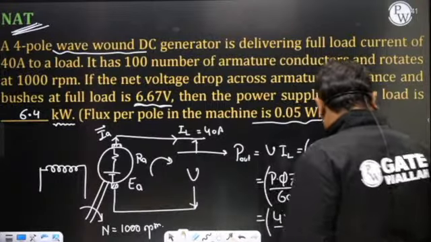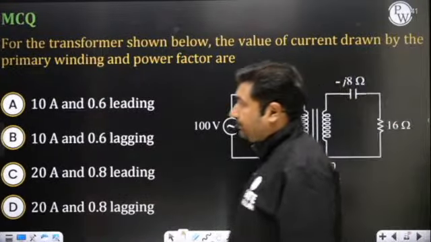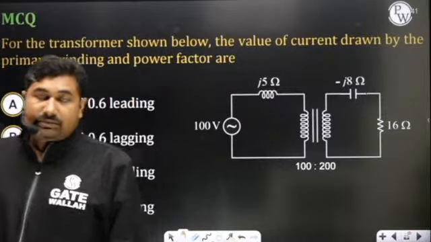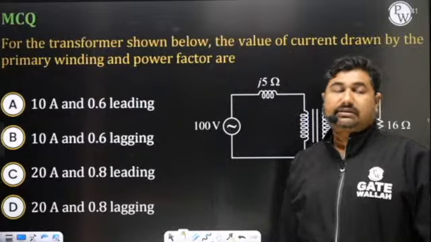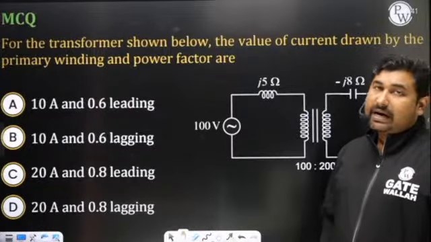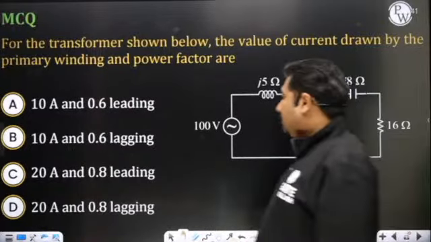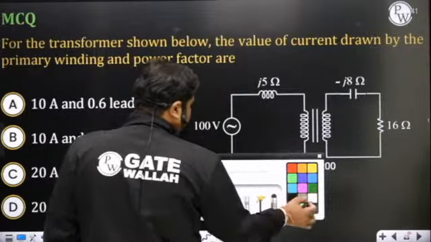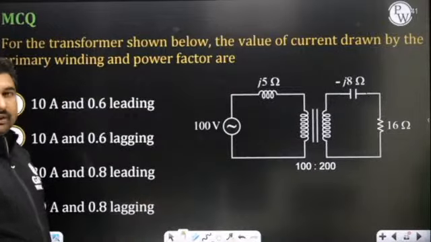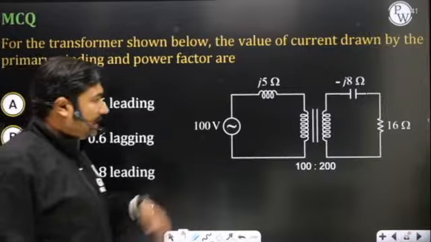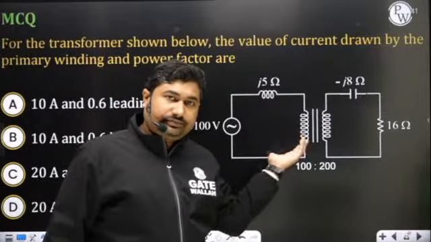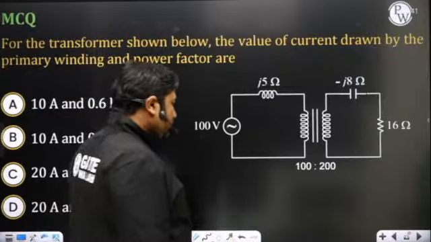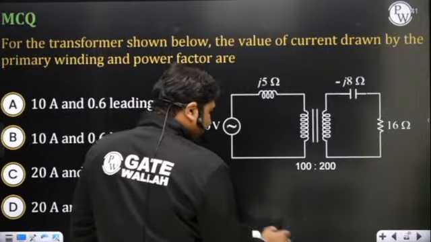Great, sir. Let's do one more question. There is again a possibility that they may ask you a question based on the simple impedance or primary current. So it's very easy. You all are aware of the equivalent model. You can transfer this to this side. So by transferring, you may get